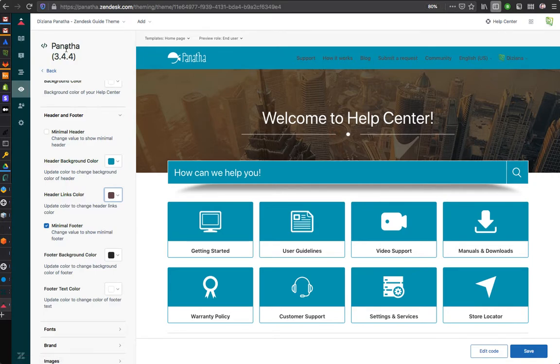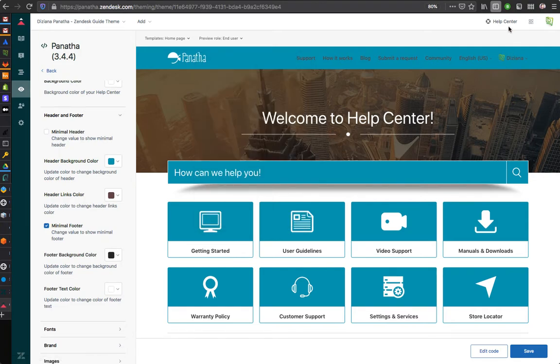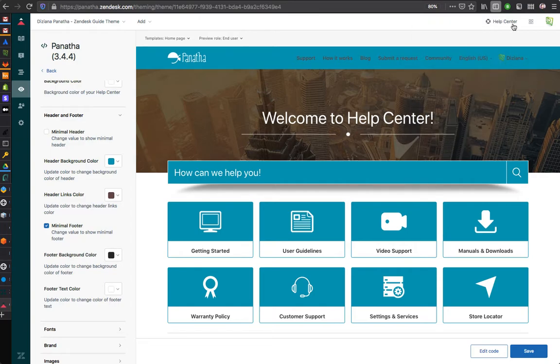As you can see, my screen is very zoomed in, so I can show you an entire theme over here. But if you want to preview the theme in a separate window so that you can see this entire preview in its own window, you can always right click and click on open in new tab, or you can just right click on this help center link and command or control click on it, so it opens in a new tab.